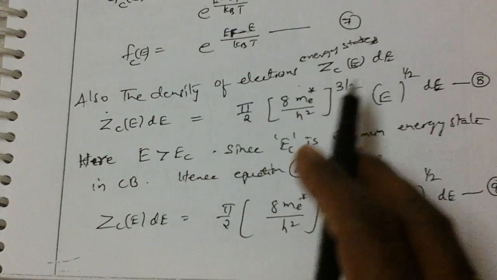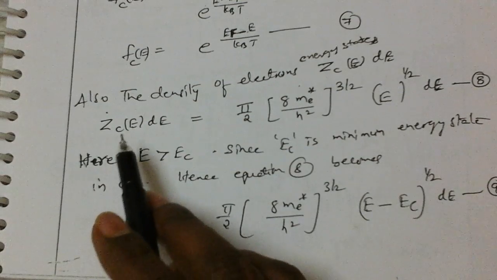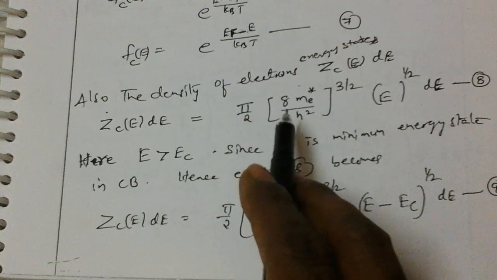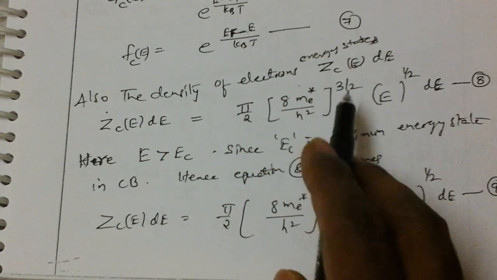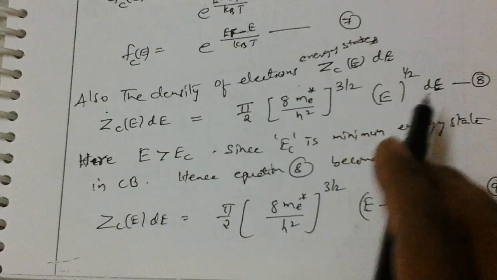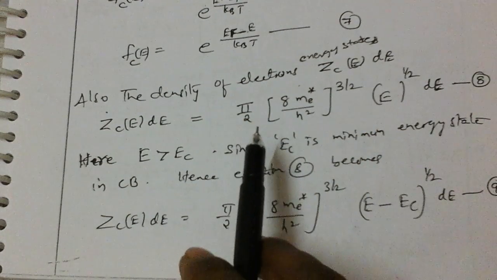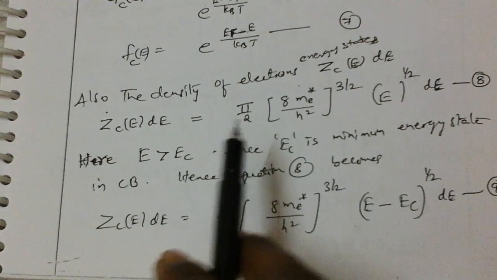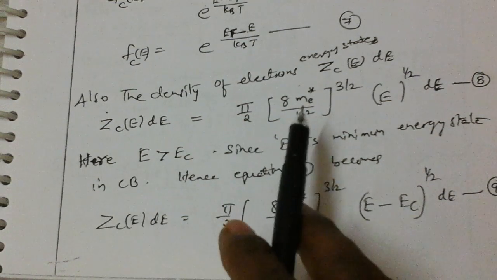So that is Z_C(E) dE. But the Z_C(E) dE value according to statistical mechanics is (π/2)(8 m_e* / h²)^(3/2) E^(1/2) dE. This is the equation we got from statistical mechanics for the density of energy states. Now in this equation,